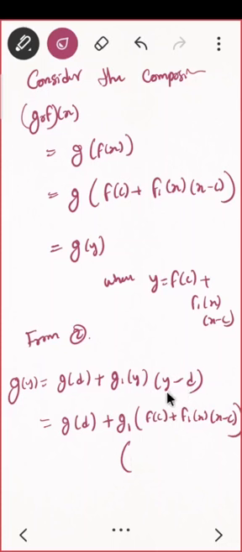What is y? What is your y? Same thing, no? That is f of c plus f1 of x into x minus c minus d as it is. I am keeping d as it is. Okay? This is what I am having. But what is my d? What is point d? Think about it and tell me what is point d.